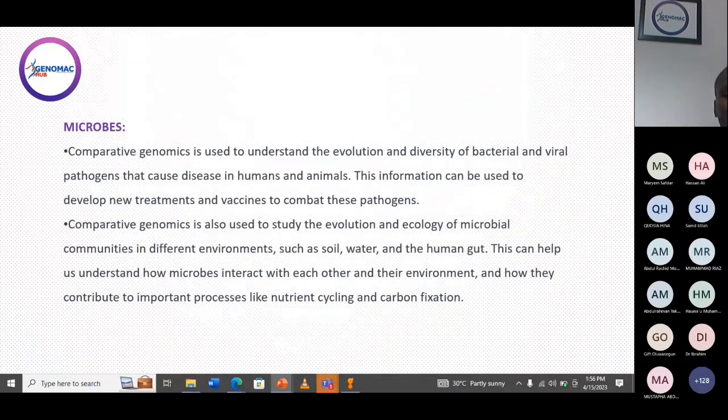Evolution. To understand how this community interacts with each other. This can also help understand how microbes interact with each other and the environment, and how they contribute to important processes like nutrient cycling and carbon fixation. So it means you can use comparative genomics to study the effect of microbial organisms in agriculture, I tell you, in plants. So it means you can link,